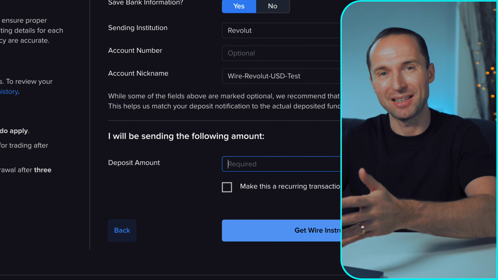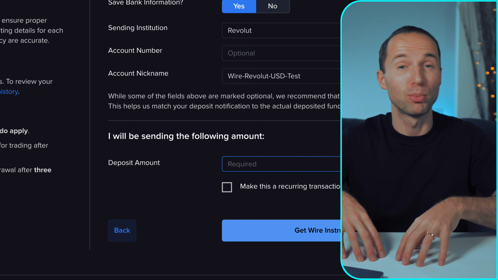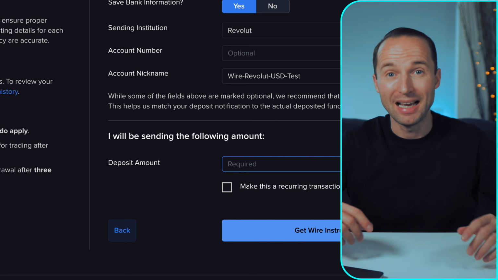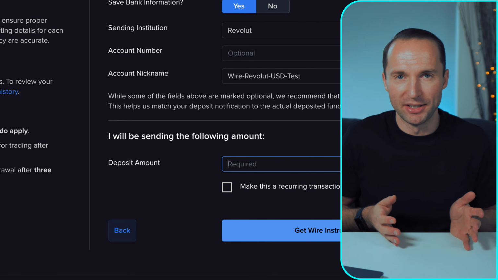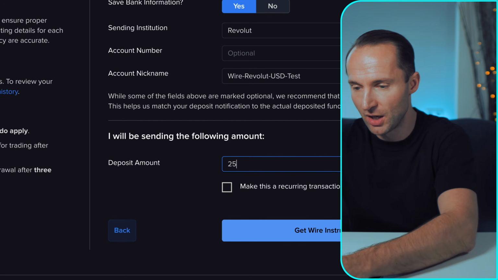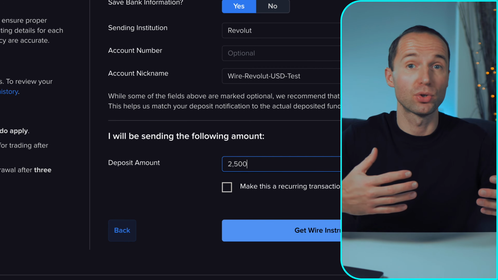So it's always best advised to go on Interactive Brokers and say that you plan to send X amount of money, and then make the transfer from your actual bank. That just speeds up the process from my experience. So for this example, let's say you want to transfer $2,500, and then you can also choose to make it